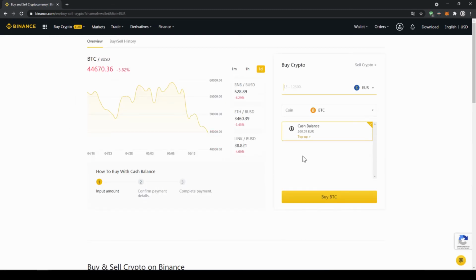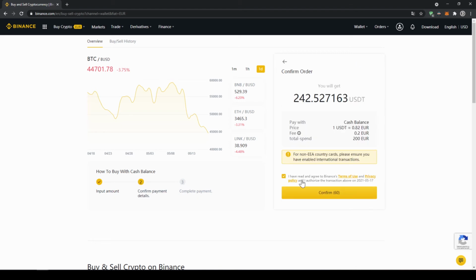Now we'll get to this page. Here on the right side, we can select the coin we want to buy. So I'm just going to click on it and type in USDT and click on US dollar Tether. Right here on top, we can select the currency that we have deposited. So choose whichever one you did and then type in the amount you want to transfer to US dollar Tether. So I'm just going to go for 200 euros and then click on buy USDT. Then I'll get to this confirmation page where I can see exactly how much US dollar Tether I'm getting. And then all I have to do is click on confirm, and then I have switched my fiat currency to